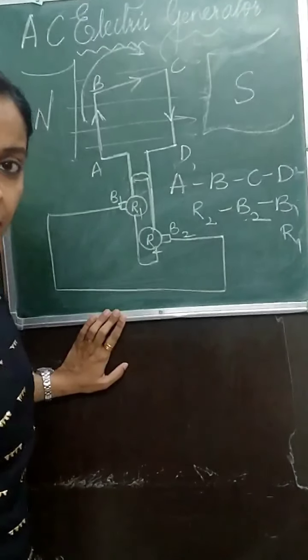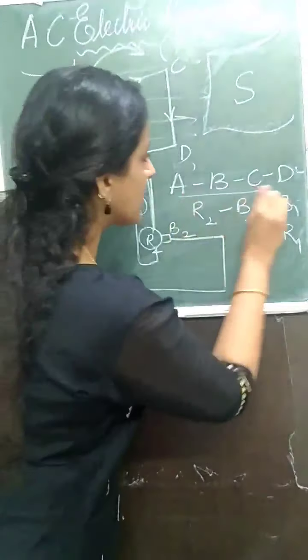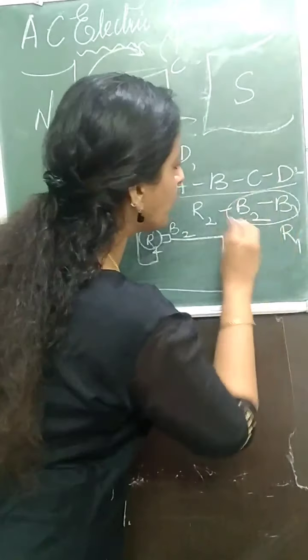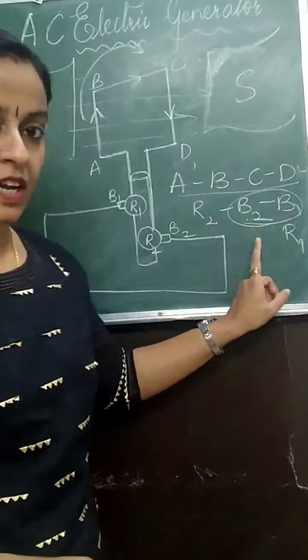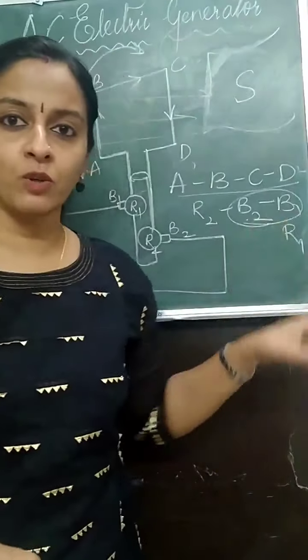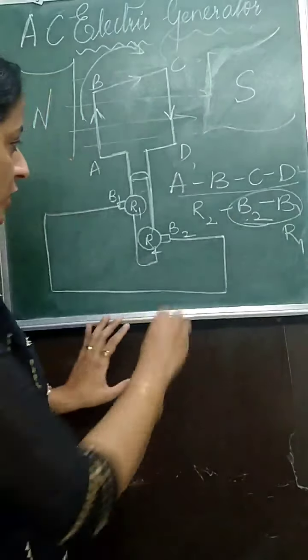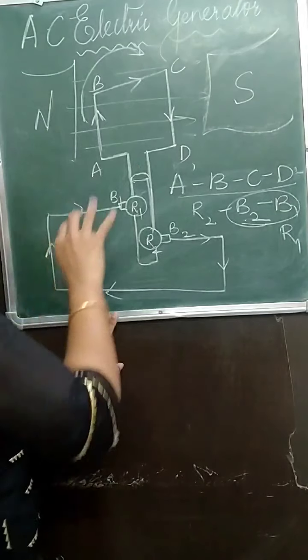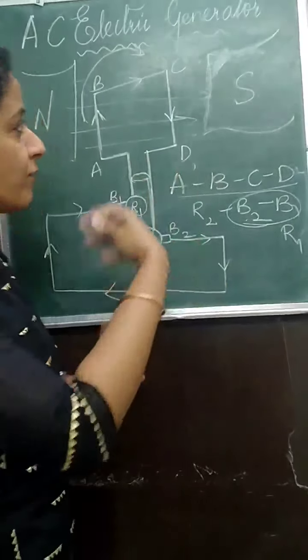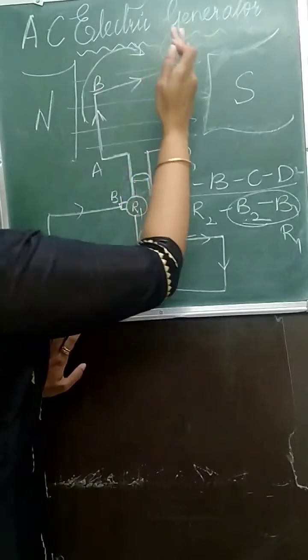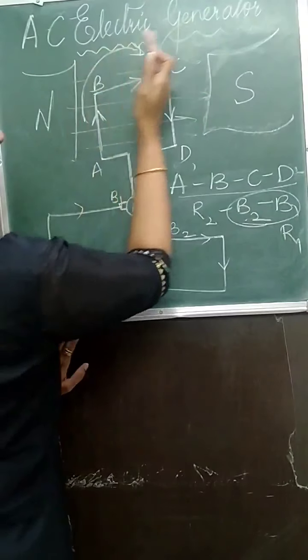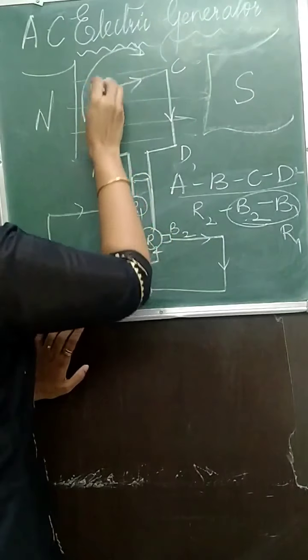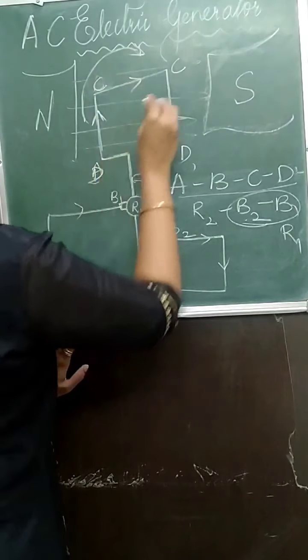What you have to remember when you write the answer? ABCD from B2 to B1. This is the most important part. From B2 to B1, induced current in the first half rotation. Now, let us change the scene. After half a rotation, what will happen is, CD will come here and AB will go there. So, here CD and here